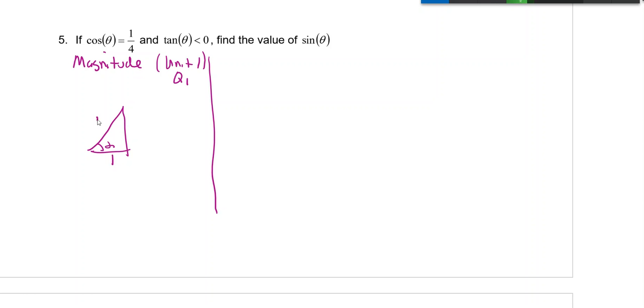Adjacent to alpha is 1. The hypotenuse across the horizontal is 4. This side we don't know. We compute it using the Pythagorean theorem. So y squared is 15, so y is the square root of 15. This is root 15. Now we have all the numbers we need to generate the trig function magnitudes,